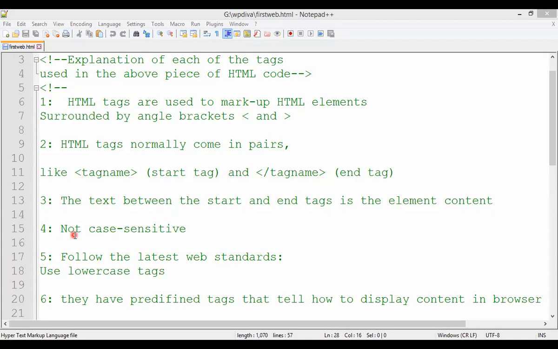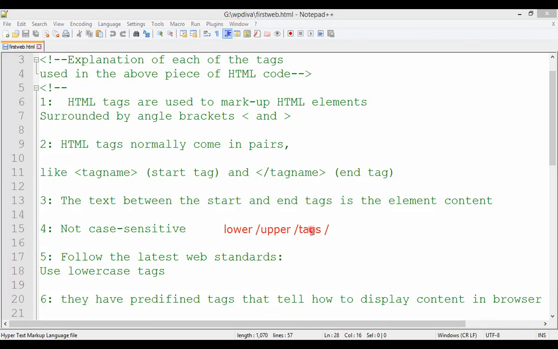So basically HTML5 is not case sensitive. It means you can use lowercase as well as uppercase tags. You can write the tags in lowercase as well as in uppercase. It is not case sensitive for all the tags. Remember that this case insensitivity applies only for tags, okay? Only for tags. If you want to write the name of a folder, and you had created the folder in capital case, you have to write it in capital case only. If you had created the folder in lowercase, you have to write it in lowercase only, right?